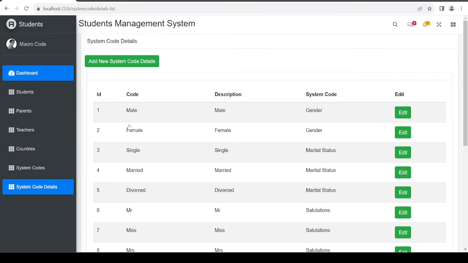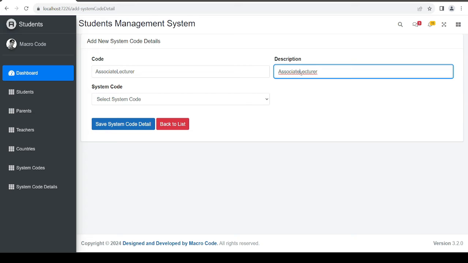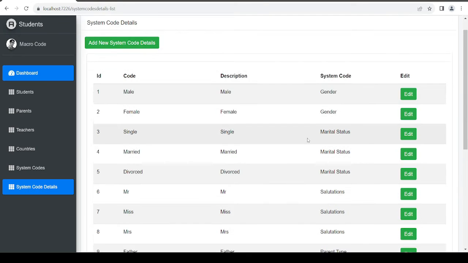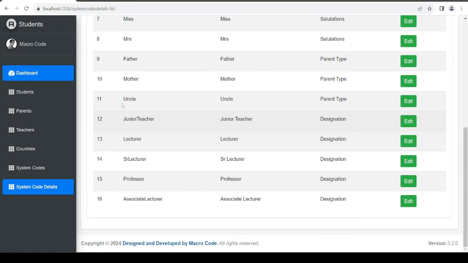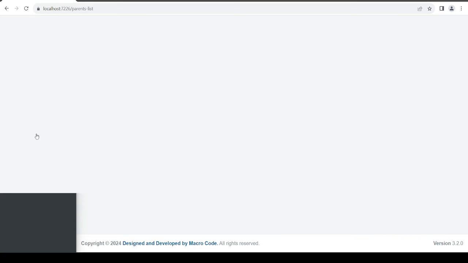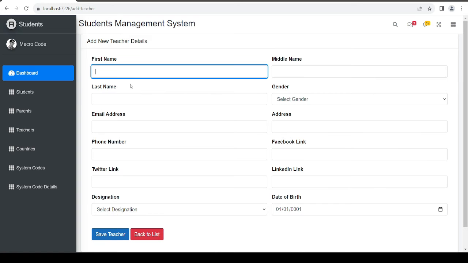Then I can also do associate lecturer. So I'll just do associate lecturer, then I'll do designation. If I save all this, you'll see we now have different options for the designation. So if I go to, sorry, it should be teachers. If I say add teacher, then I just say Joshua